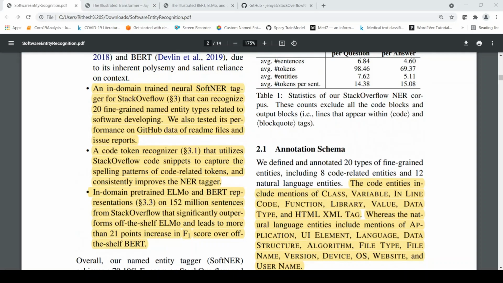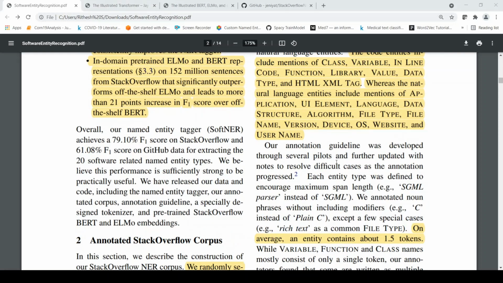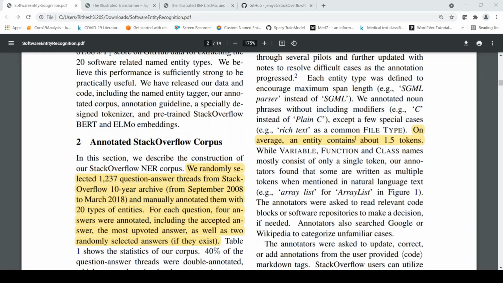So the entity types I actually explained before. What are the entity types? So on average, they found out that an entity contains about 1.5 tokens. So they have given some details over here about those entity types. For example, some entity types like rich text is a common file type. It spans across two entities, right?